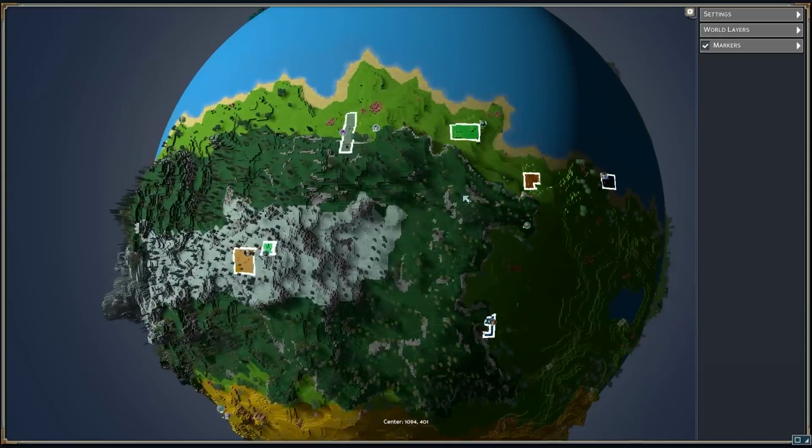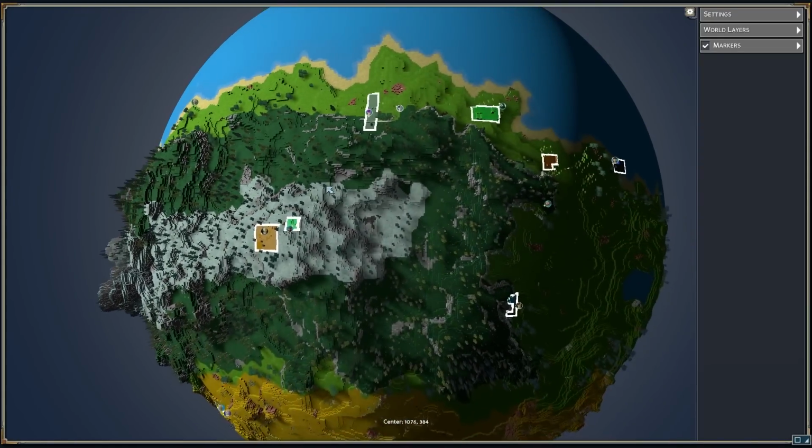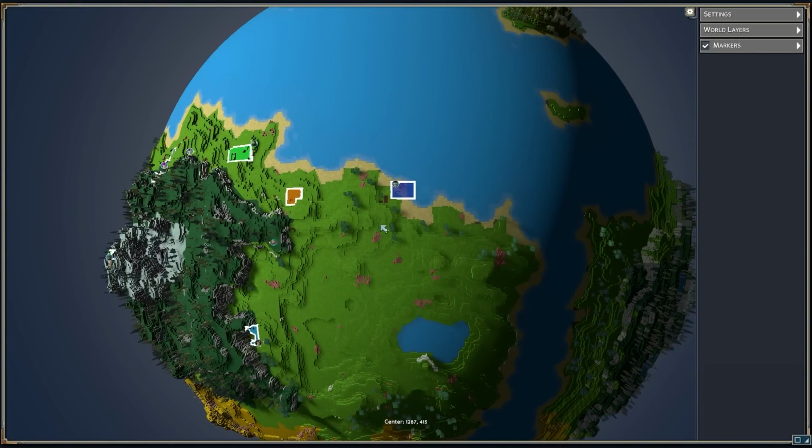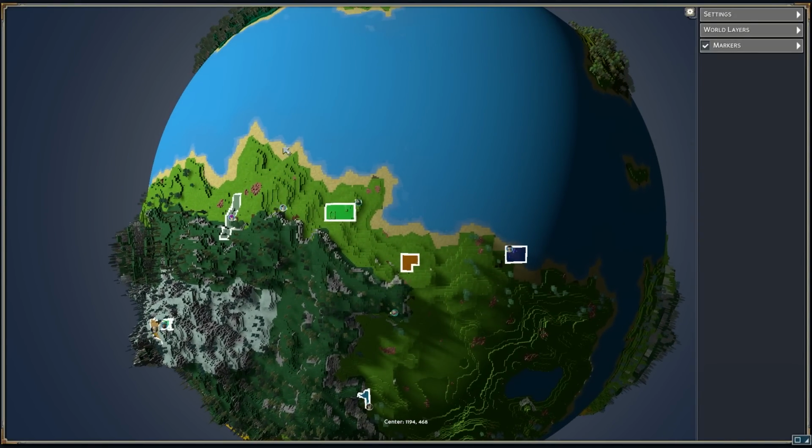So, I want somewhere close to trees. That's pretty much a given. You need somewhere close to trees. The lake is a nice little spot. We could go over there, but I'm thinking if we all come together, then somewhere around here for a dock